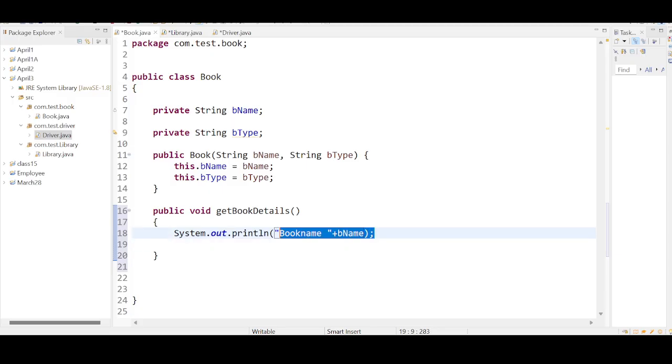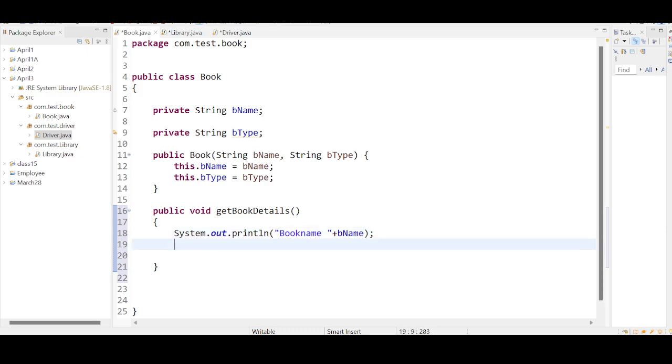Book name is book name. Okay, next one is book type. Right? I want to print what? I want to print B type. Okay. So I'm taking the